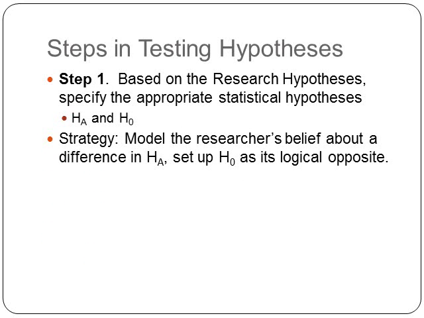So step one, based on the research hypothesis, we specify the appropriate statistical hypothesis. This might be your first step in testing hypotheses. We have to basically define the null and the alternative. A strategy I use is that to model the researcher's belief, we use the alternative. We set that up, and then I'll set up the logical alternative, which